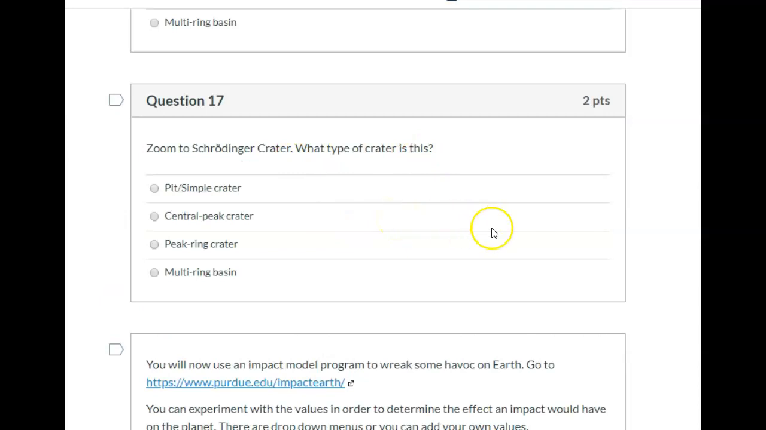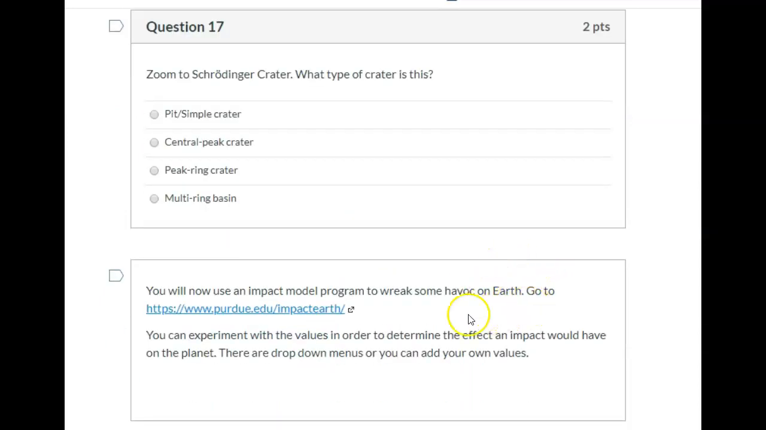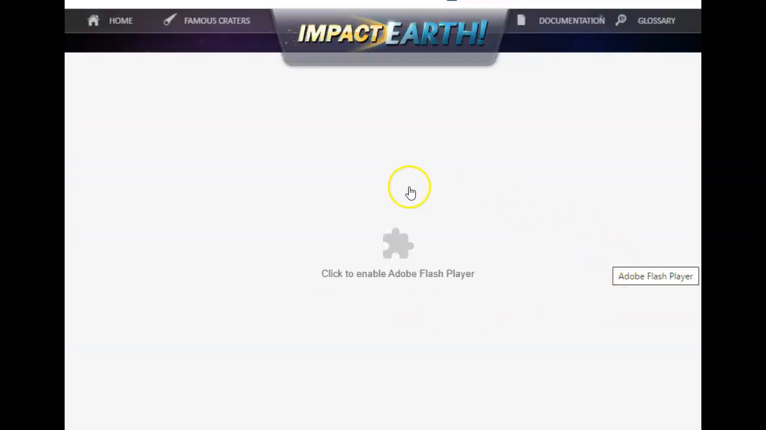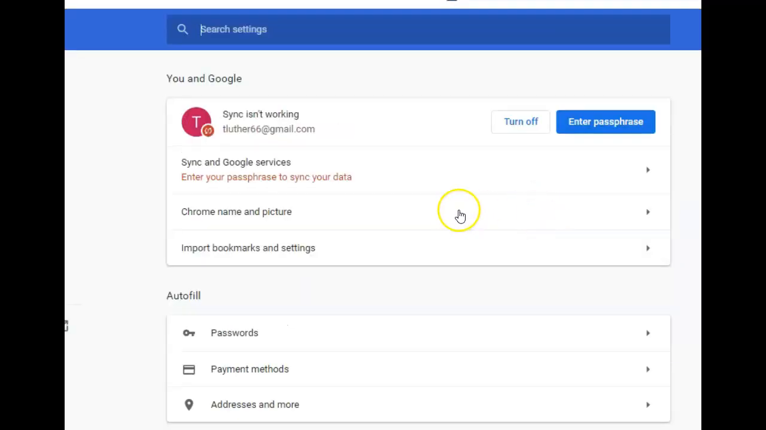And the final thing we're going to do is just have you play around with this little program that was developed by Purdue. You can click here to go to that program. Now, it's using Adobe Flash, and I'm using Google Chrome. A lot of times it blocks Flash Player, so if you go to the settings in your Google Chrome, I don't know if it'll cover all this, but